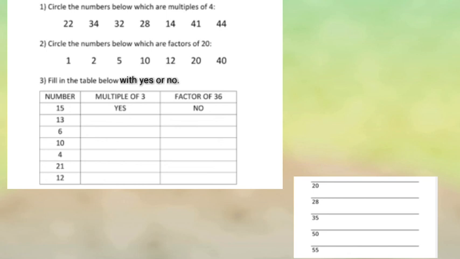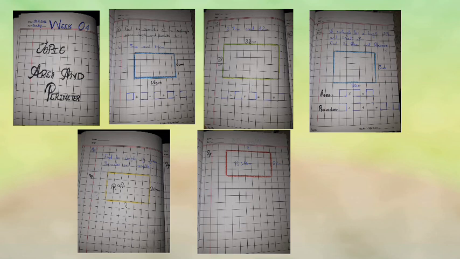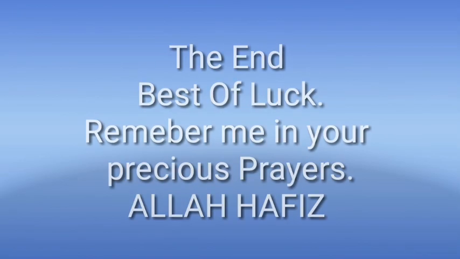It's time to know about your home task. Students, these are all your home tasks that you will have to do in your copy. How you will have to do them? I will share it in your WhatsApp group. It was your work of week 3 and week 4. I hope you have understood very well.